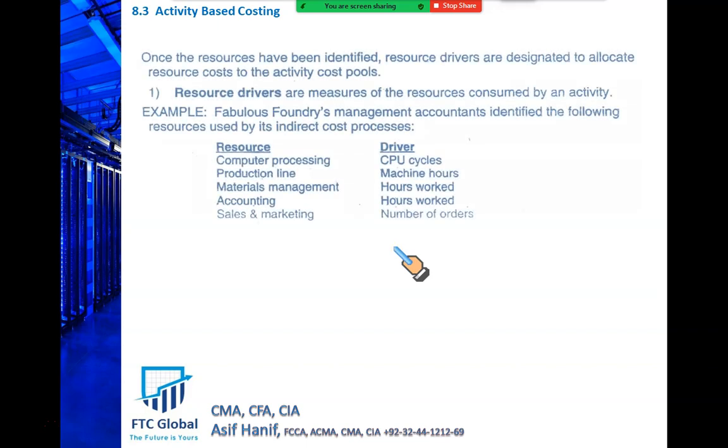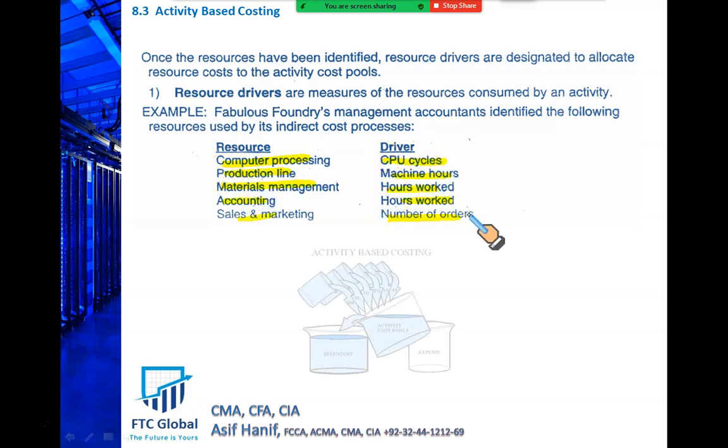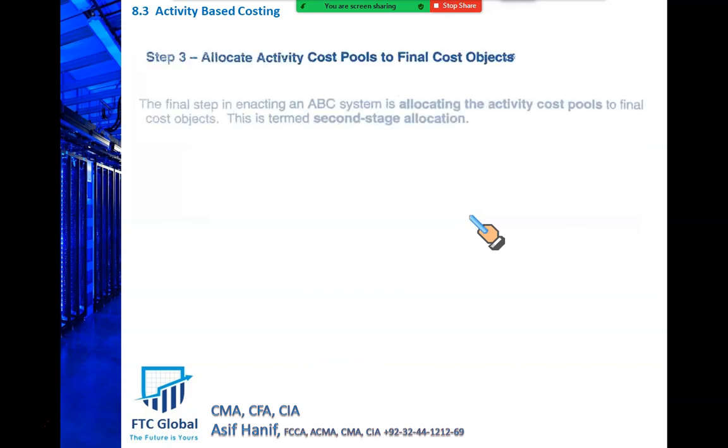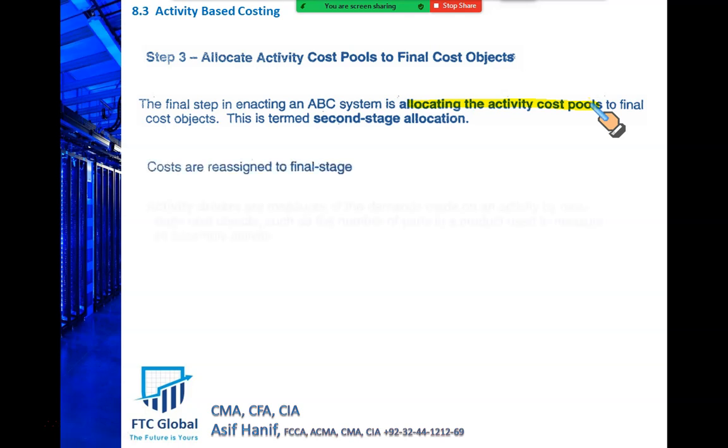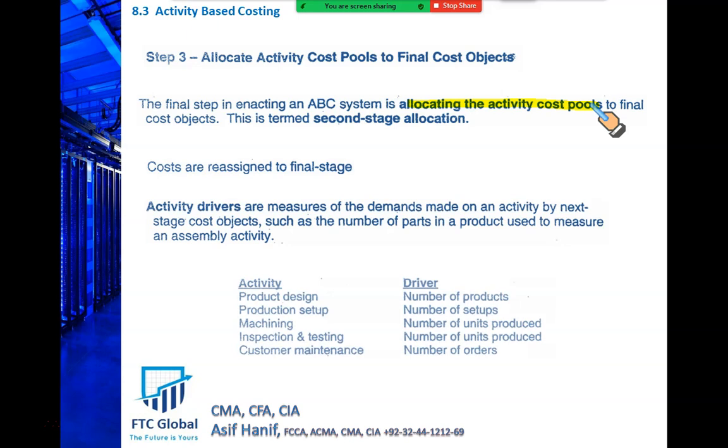Okay. So as we discussed, these are the resources, and we identify different resource drivers that drive the resources up. And then once it is done, in the final step, we establish activity cost pools, and through these cost pools, we will transfer the cost to the end products. Now let me take you to a very extended example. This will explain the idea of what we have done so far.